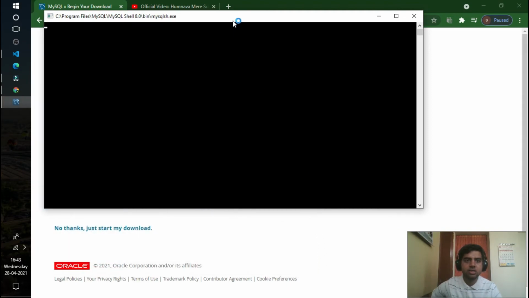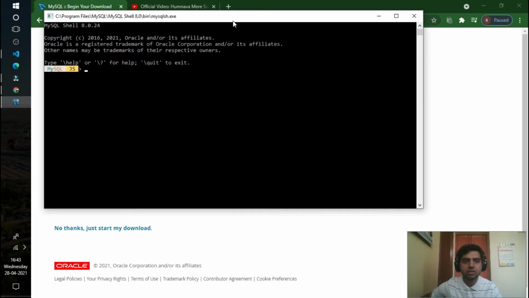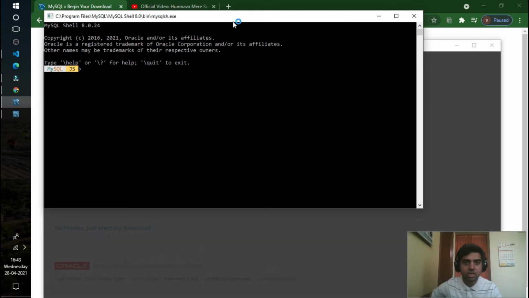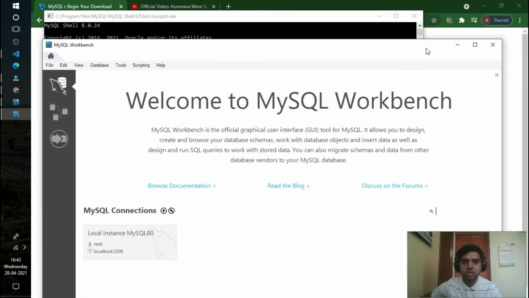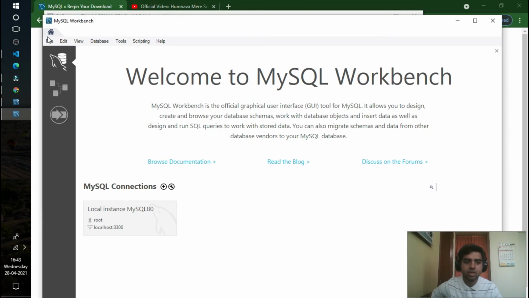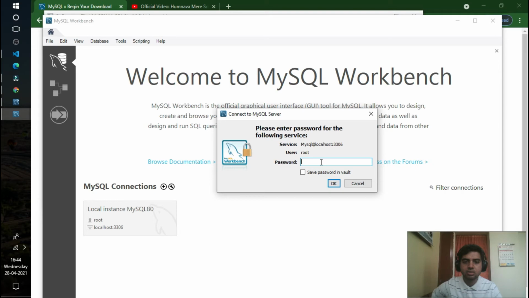So here is MySQL Shell. Wait for a minute to start Workbench. So here is your MySQL Workbench. Here is your first instance. The user is root. Type the password.